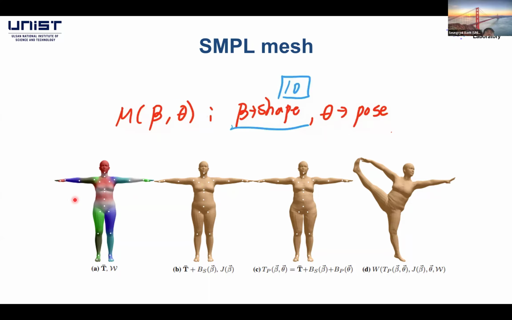So there are K parts in the human body. Actually, we define it as 23 parts. And here, SMPL has 6,800 vertices. So we can map each vertex into one of the 23 parts. Okay. And that weight we visualize here, and that is showing this W. Are you guys understanding this? Any questions? No? Okay. 이거 6,890개